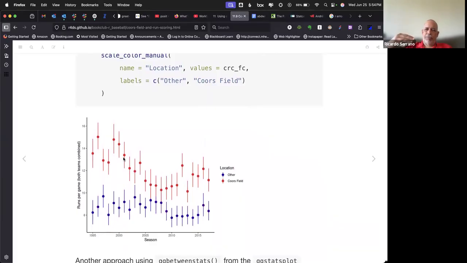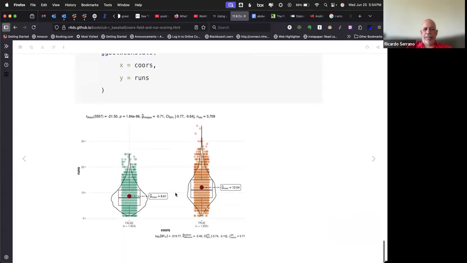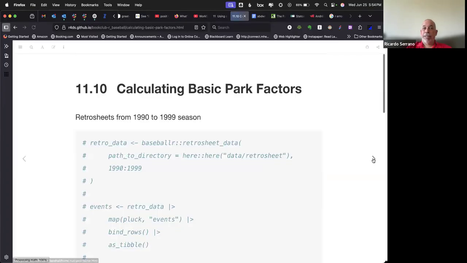At Coors Field, at least in these seasons from 1995 to 2017, the mean is way above the rest of the parks. And also you can see it in this bar plot when we aggregate all this data, that definitively Coors Field is on average way up from the rest of the parks. Okay, so with that in mind,